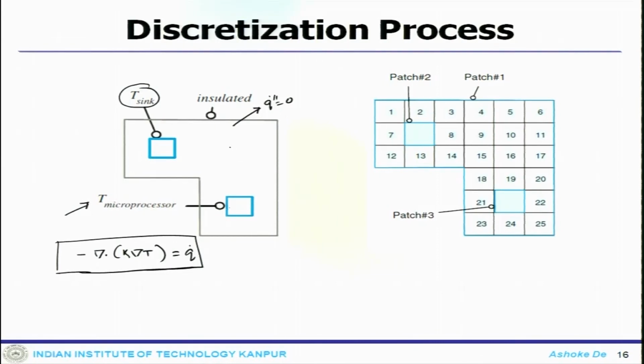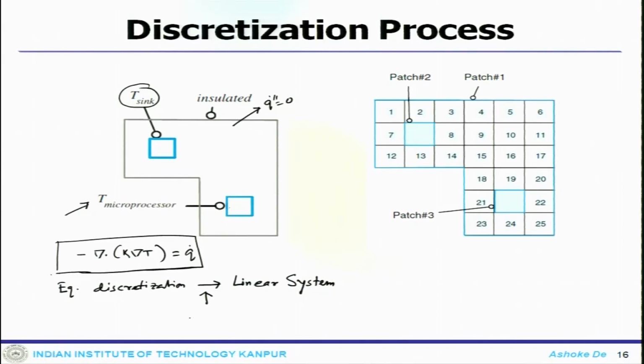Which will finally lead to the design of this particular system. So, we have done domain modeling, we have done the physical modeling through the equations. Now, we have come to the stage where the equation needs to be discretized. So, we are in the process of equation discretization, and equation discretization will lead to the linear system. This is where we apply our numerical technique, which could be finite difference, finite volume, or finite element.